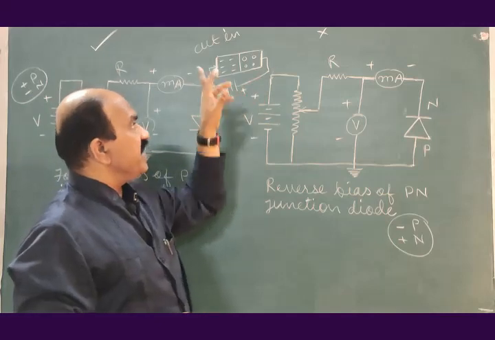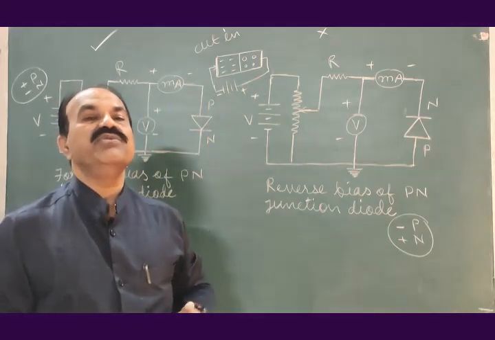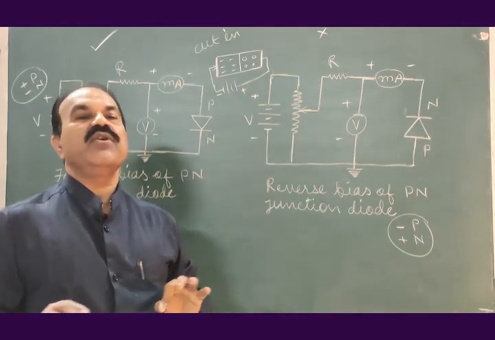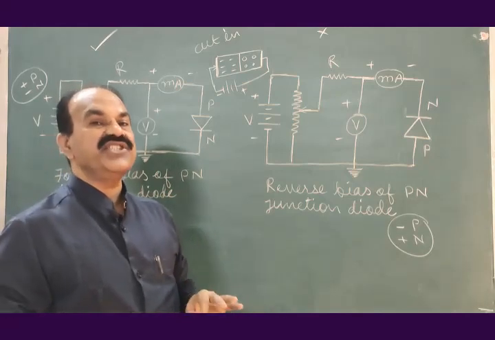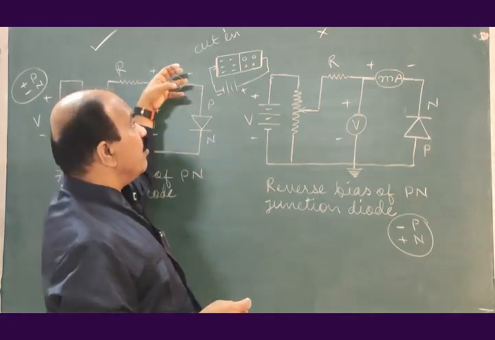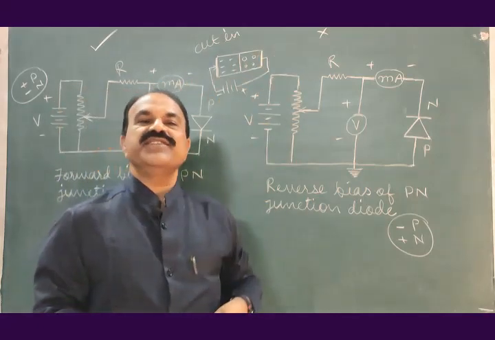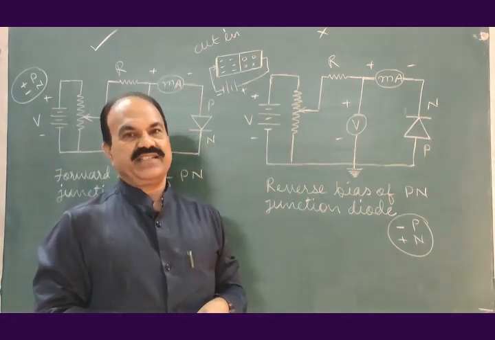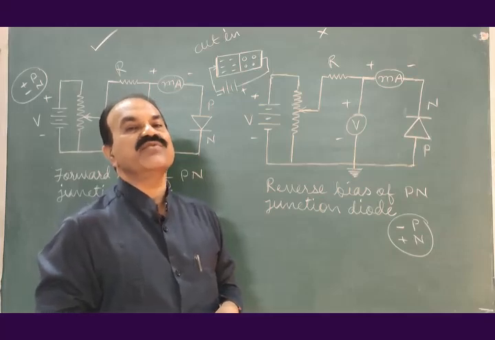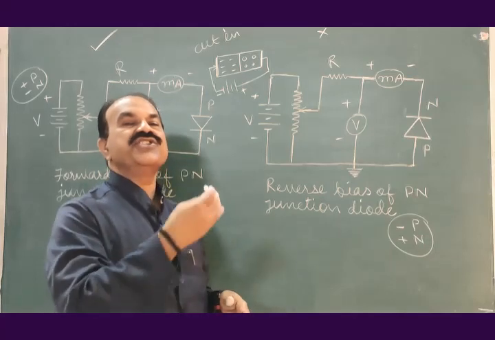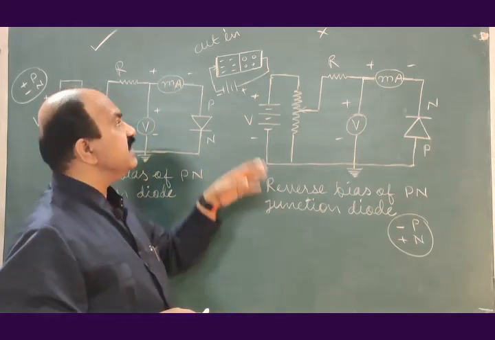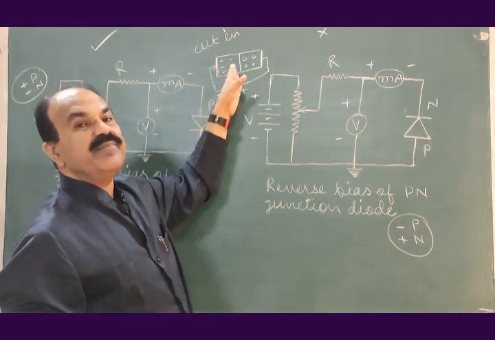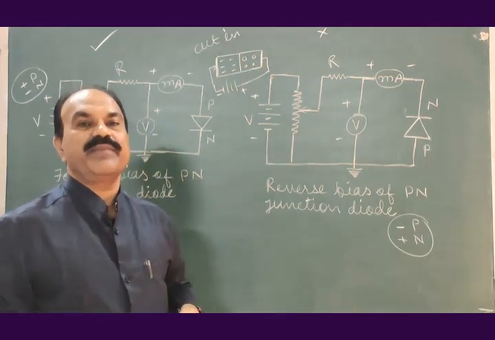Through the external circuit, the current will be only due to electrons. Current will not flow due to holes. Holes will only assist to flow more and more electrons from N side to P side. When we say that holes from P type enter into N type, it means that electrons from N type are entering into P type.